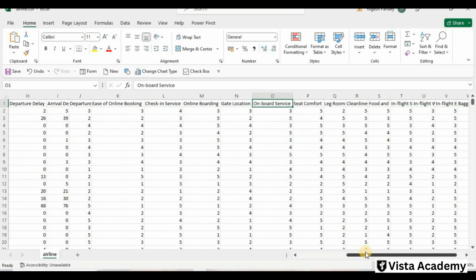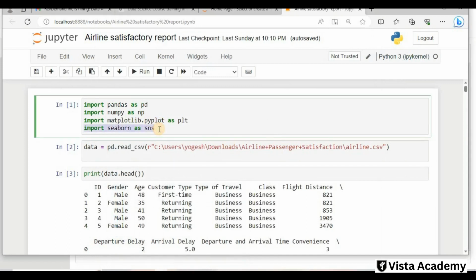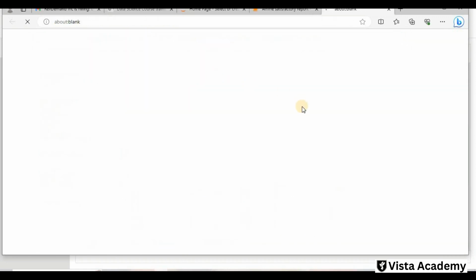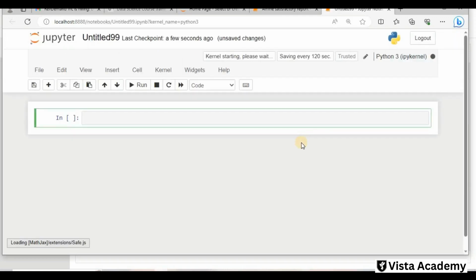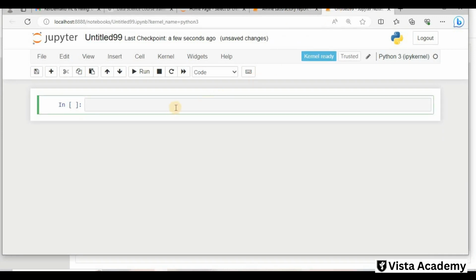To create that, we first have to import our libraries. I will just give you the library details. So this is our library. I will press Control A, copy them, and create a new file. I will go File, New Python, and open it anew, and we will import these libraries. We will go through them. I have already made this project, but I will make it again. So I will just copy this.